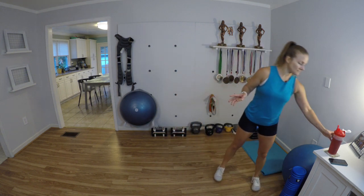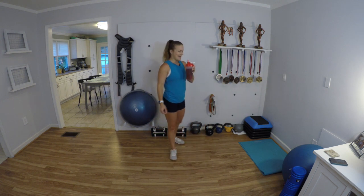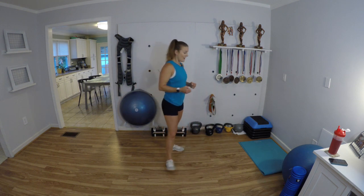So we're not rushing the rest, okay? You don't have to be going 100 miles per hour the entire workout. You've got to be smart. I'd rather you have a good rest and really be able to generate so much power with each rep than rest less and then form breaks down and you're not really working power, you're just kind of sloppy and you just don't have the energy necessary to train each rep the way we want to. Okay,